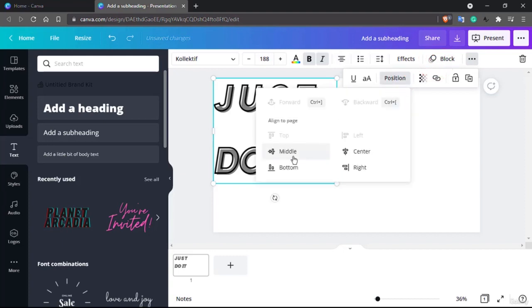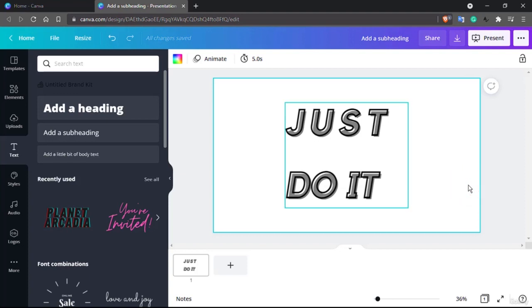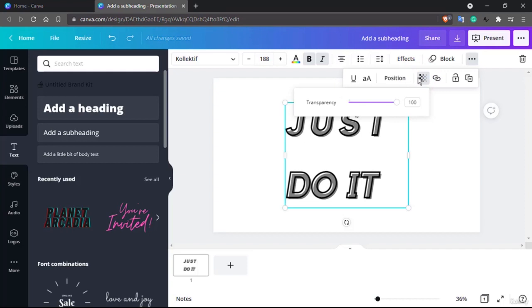This is go to position. Now you go to middle and go to center. Now again this is in the center of your screen in the middle position. So that does, and this is for transparency. Currently our background is simply white, so it is transparent, and if you prefer to change it, you can change it. And this would be your link if you want to add any hyperlink,